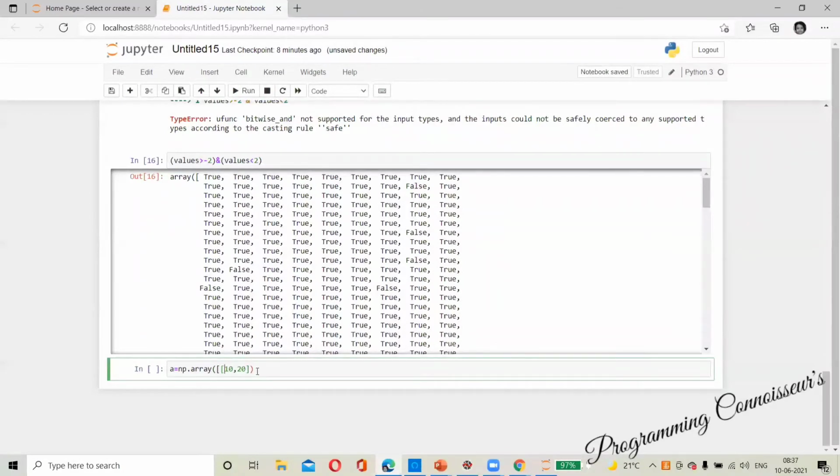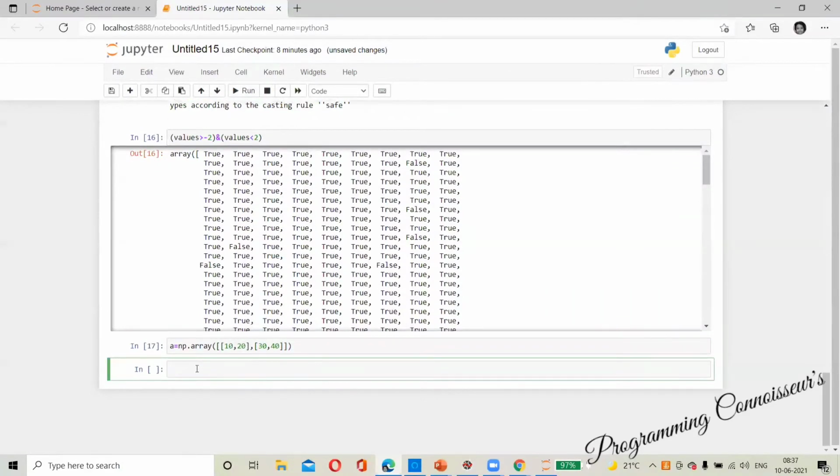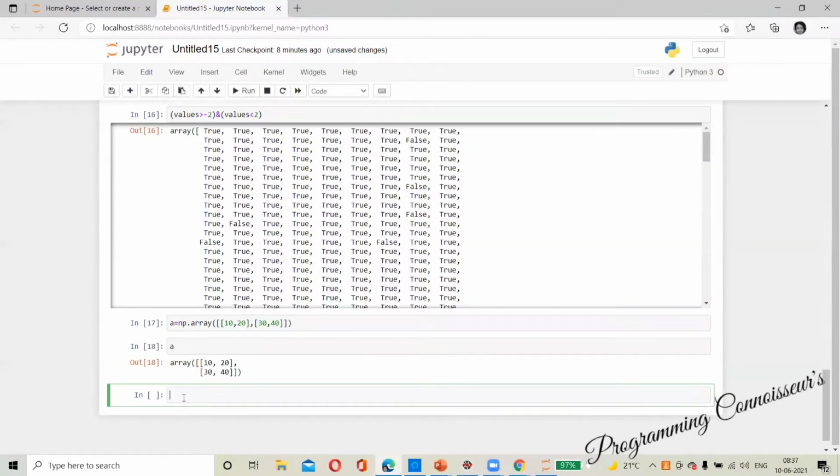Inside, we'll keep another array, that is 30 comma 40. We have printed it and run it. Yes, we have a numpy array of 10, 20, 30, 40. Okay, so what we will do?